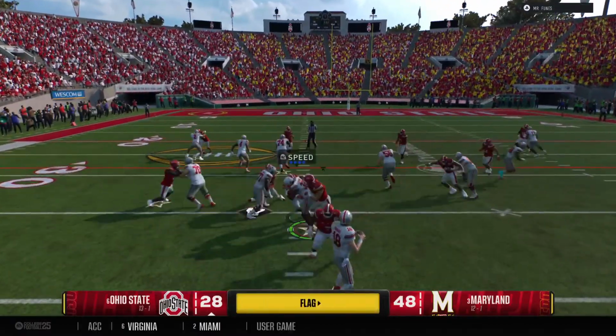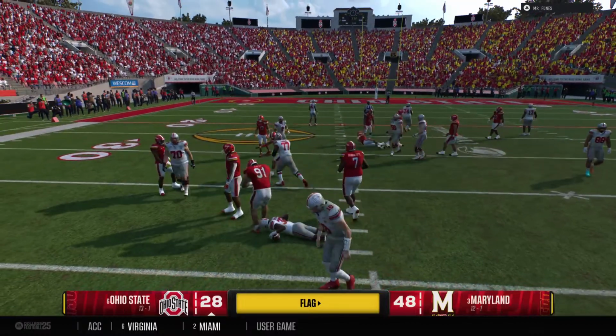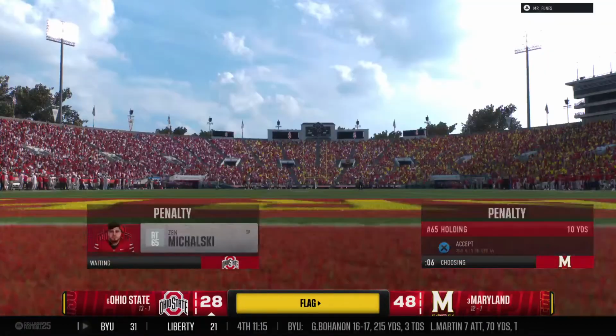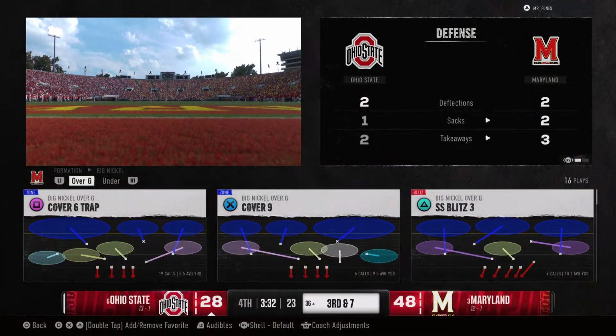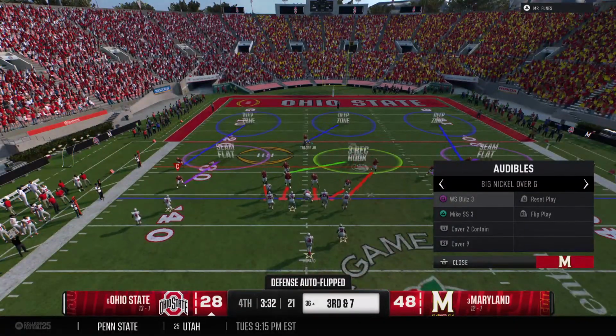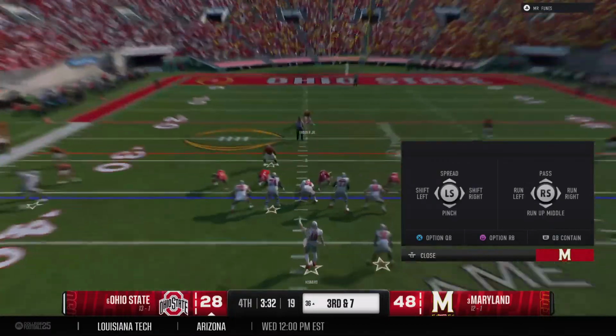And there's the handoff. And he's brought down, but there is a flag on the field. Let's check out this call. So that offensive penalty will be declined by the defense. They're happy to take the result of that play. Third down play, looking for a fresh set of downs.